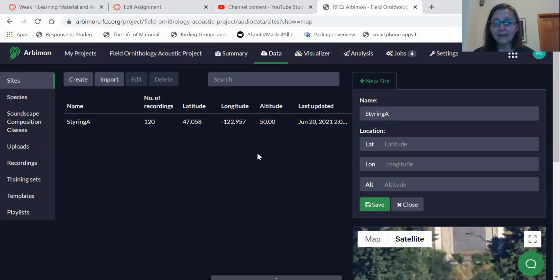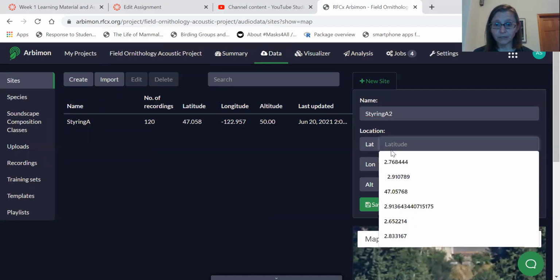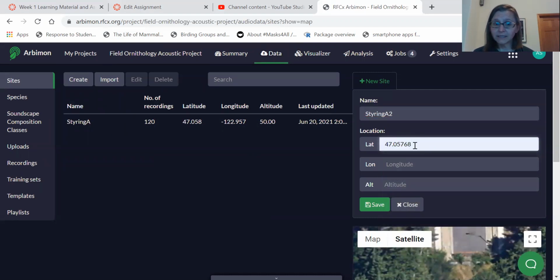And so you're going to enter that in: latitude, longitude, altitude. Again, you can get the altitude from a smart device, or if you find your location in Google Earth and hover over that location, it will tell you what the elevation or the altitude is at that location. So once you've done that, I'm going to say Styrene A2,